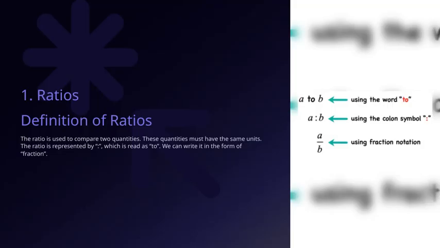Let's take a closer look at ratios. A ratio is essentially a way to compare two quantities. Now, an important point here is that these quantities must have the same units. Otherwise, the comparison wouldn't make sense. When we write a ratio, we use the colon symbol, which we read as "to." For example, if we have 3 apples and 5 oranges, we could say the ratio of apples to oranges is